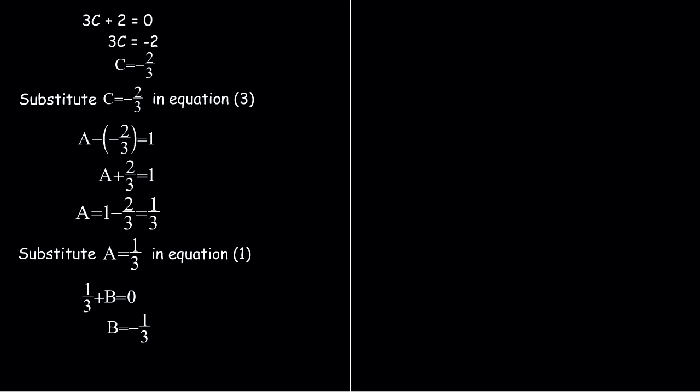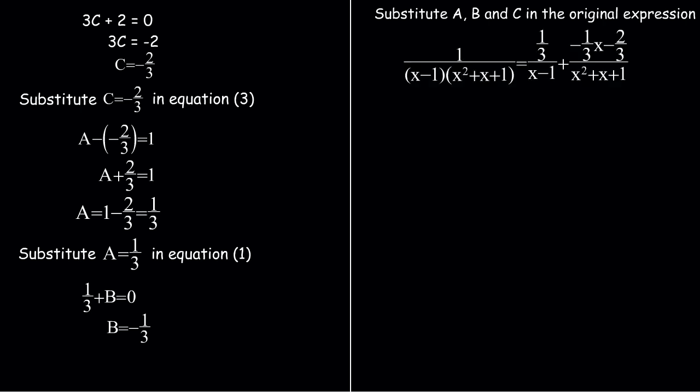At this juncture, we are going to substitute for a, b, and c in the original expression, and when we do that, it becomes 1 divided by (s minus 1)(s squared plus s plus 1) will be equal to (1 divided by 3) divided by (s minus 1) plus (minus 1 over 3 s minus 2 over 3) divided by s squared